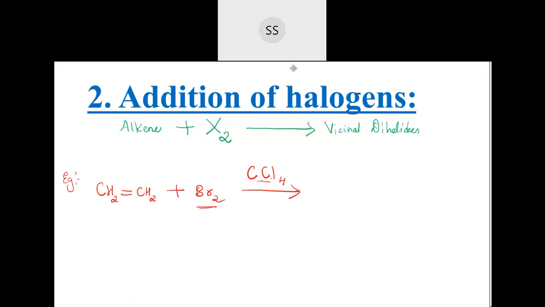If you want a polar compound to get dissolved, you should take a polar solvent. If you want a non-polar compound to get dissolved, you should take a non-polar solvent. If you want oil to get dissolved, you should take oil itself, because they are non-polar with each other. But if you want salt to be dissolved, you can't dissolve it in oil; you have to put it in water, correct? Because water is polar in nature and salt is also polar, so they dissolve in each other. Like dissolves like. Here carbon tetrachloride is a non-polar solvent, bromine is also non-polar, and even these alkenes are non-polar, so they will get dissolved with each other.